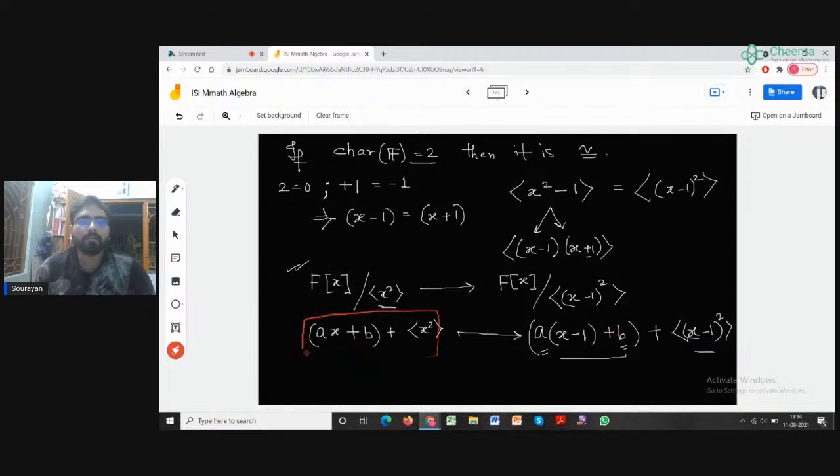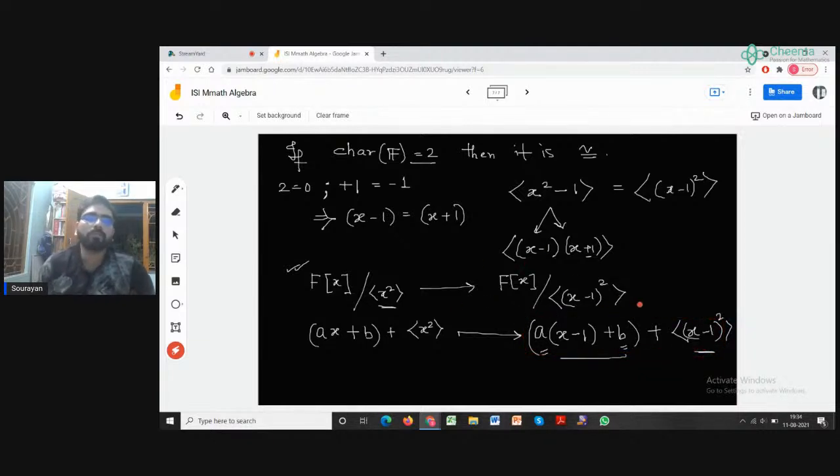So the kernel is trivial. Okay, so that's one way to prove that it is injective, that the kernel is trivial. So how are we actually proving it? We are proving that if this goes to 0, which implies that this element is inside the ideal generated by this, that gives me that a and b are both 0, which in turn tells me this element is practically 0. And for every such element of this form, as you can see, these are the elements of